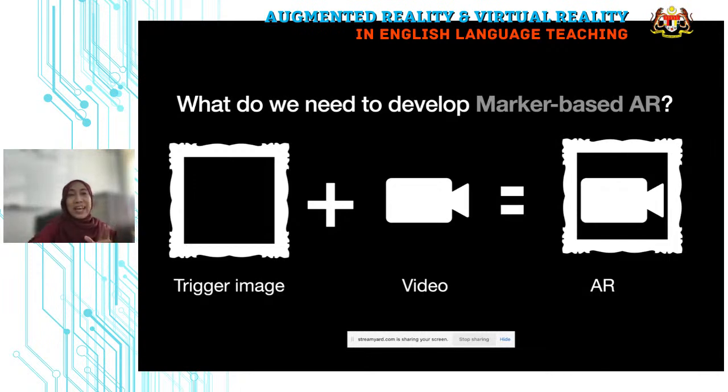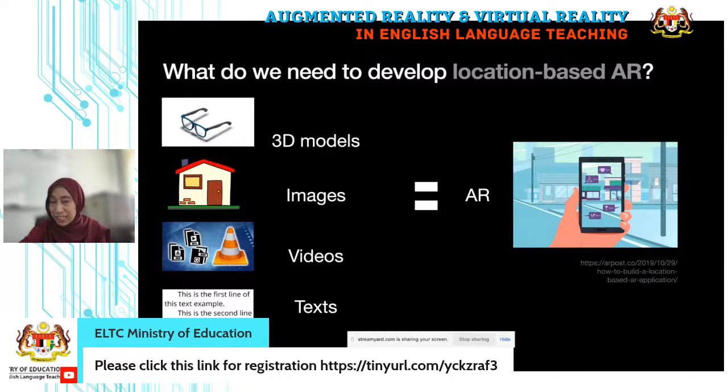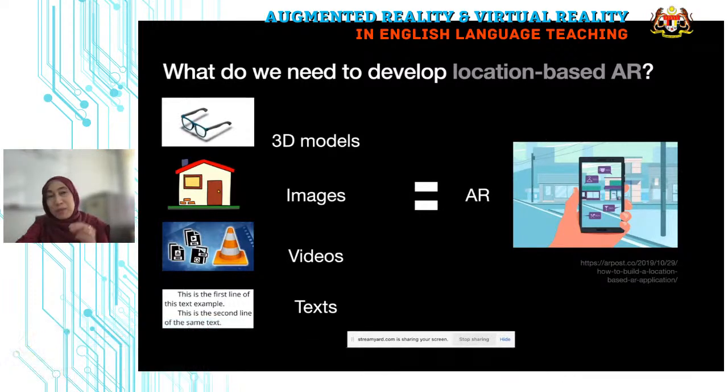And if we were to develop a location-based augmented reality, it requires a little extra effort, I would say, because you need to find 3D models, you need images, and you can also embed videos in augmented reality, and you need text, as the one that you can see just now, the biomass power stations. That is location-based AR. The 3D models, where the solar power and whatnot, are taken from available free 3D models.